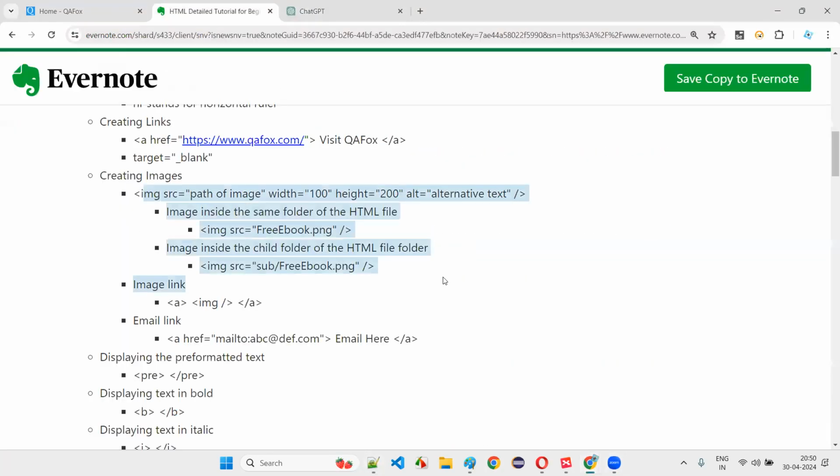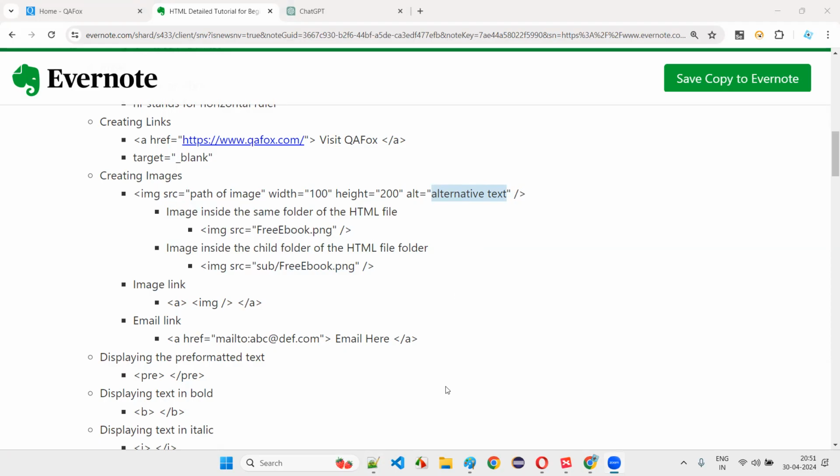So here, for the image, there is one more attribute, guys, that is alternative text. Alt. Everyone type in the chat box, what is that other attribute we have? SRC is one attribute. Width is another. These are the important attributes. An image may have other attributes also, but these are the top high-level attributes that you have to learn. Another attribute we have is the alt attribute. Alt means alternative text. That's the full form.